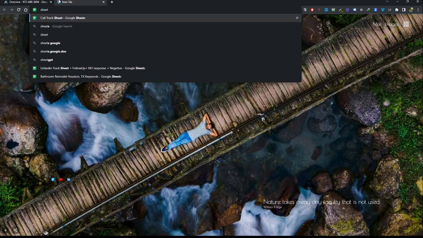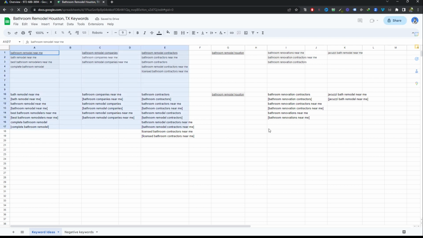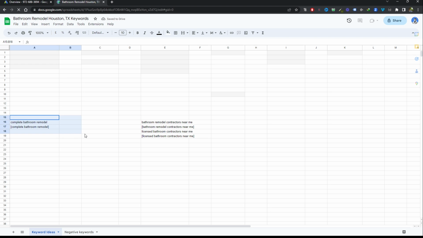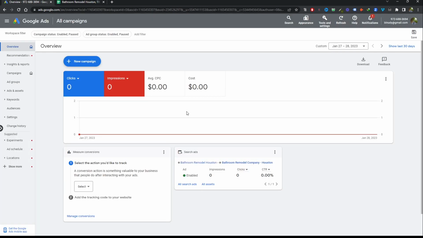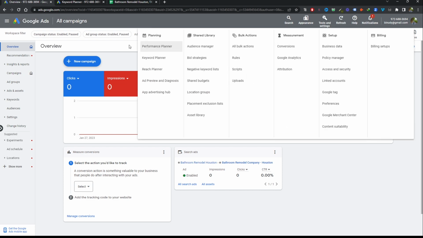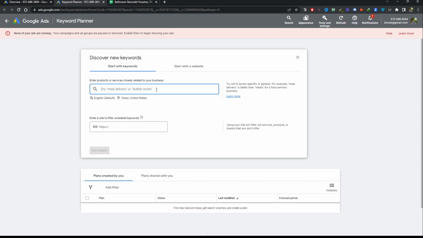Before I start this, I want to open my Google Sheet. So these are some free keywords from previous. So I'm going to delete it. Delete. We will find high intent keywords for our campaign now. To do keyword research, you need to access keyword planner. So you need to click on tools and settings, then click on the keyword planner. This page will pop up, and then you need to click on discover new keywords, and then go from there,